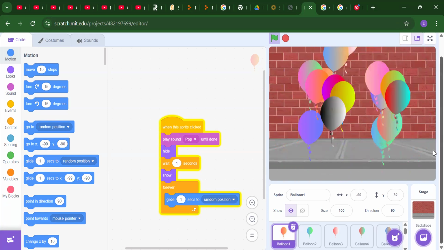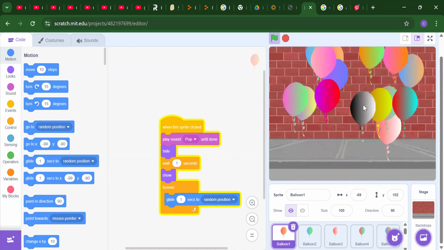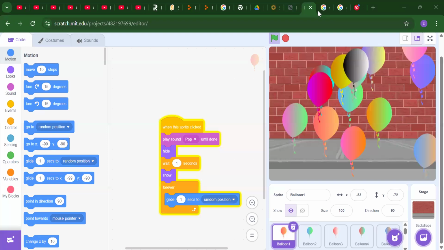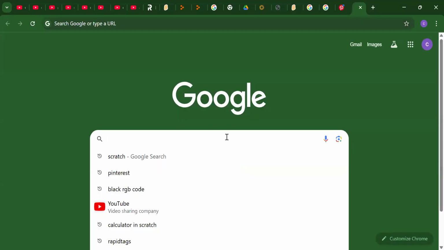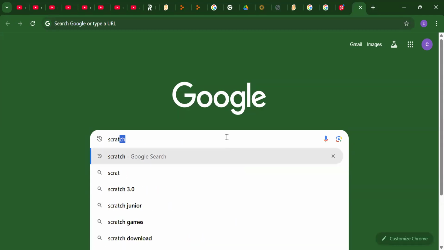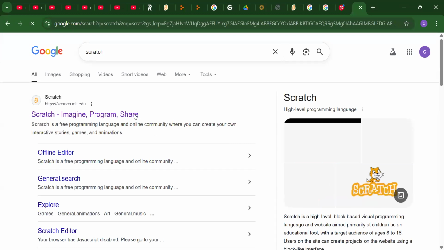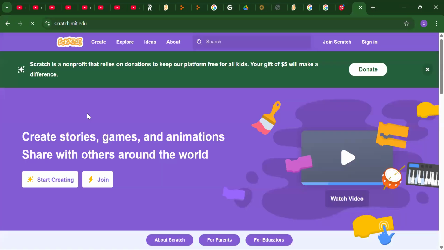How will you start now? As you can see, every balloon is moving. Okay, so it's a very basic thing how we will start it. We need to just open Google. You have to just search for Scratch. I will give you the link in the description box, so you can click on that link also. Okay. This is the first link itself, which is